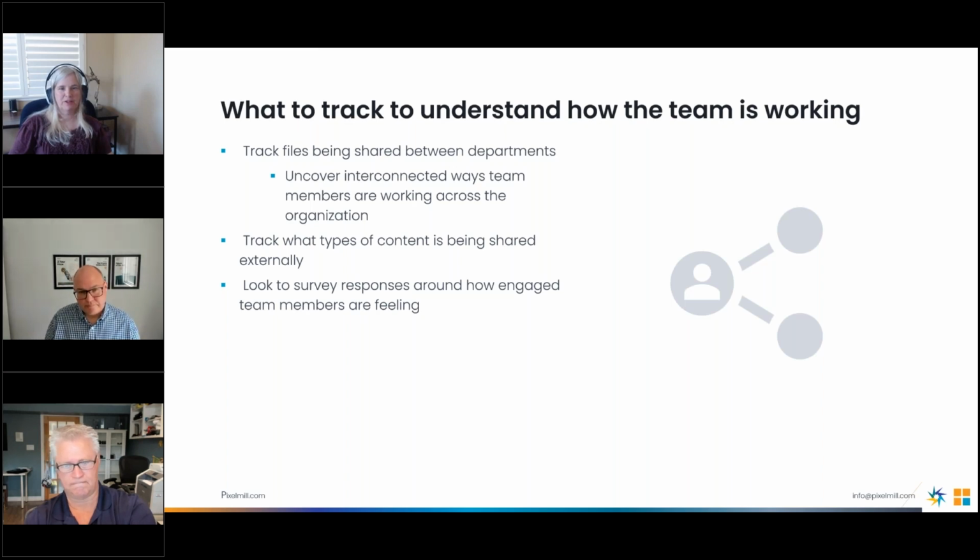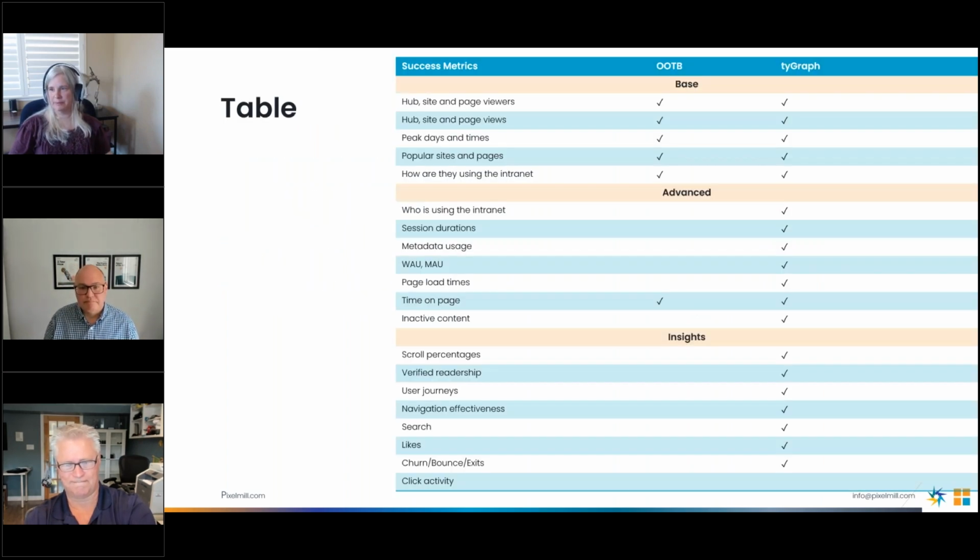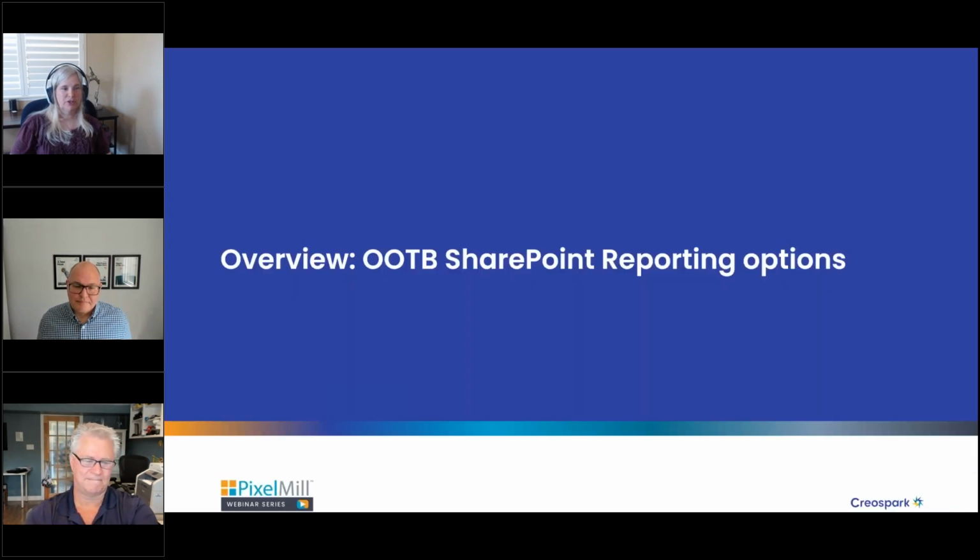And then this final slide, it's a little bit difficult to read, but we've broken down these major categories on what you can do out of the box, and what a third-party tool like tyGraph is really good at showing you. So you can see out of the box, you can hit these base metrics, but obviously with tyGraph you can do a bit more. And with this, I'm going to turn this over to John to give an overview of out-of-the-box SharePoint